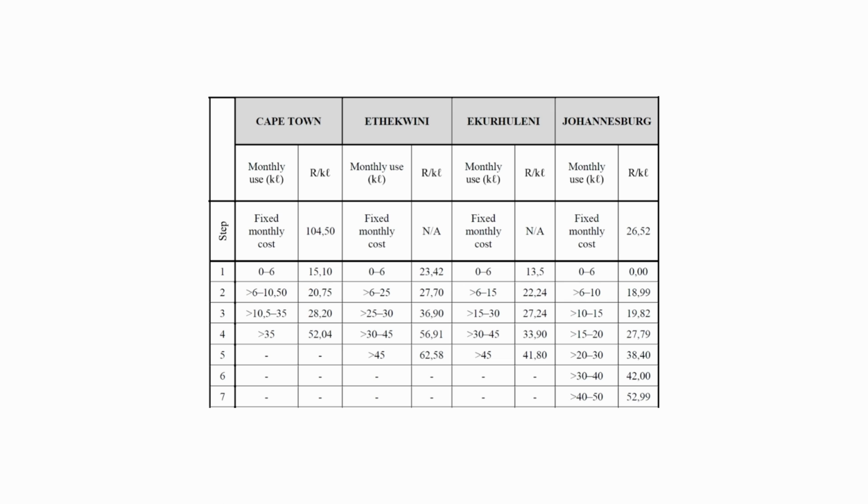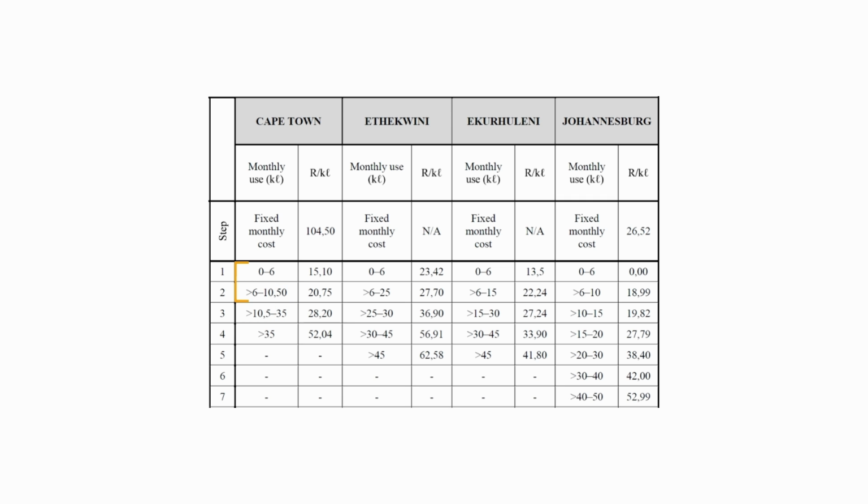In step 3, the range of water consumption is greater than 10.5 kiloliters to 35 kiloliters. The maximum amount of water that can be charged for in this step is 35 kiloliters minus 10.5 kiloliters. This equals a maximum amount of water of 24.5 kiloliters. This means that you will only be charged 28 Rand 20 cents per kiloliter up to a maximum of 24.5 kiloliters of water consumption. You must find the difference between the maximum value in step 3 and the maximum value